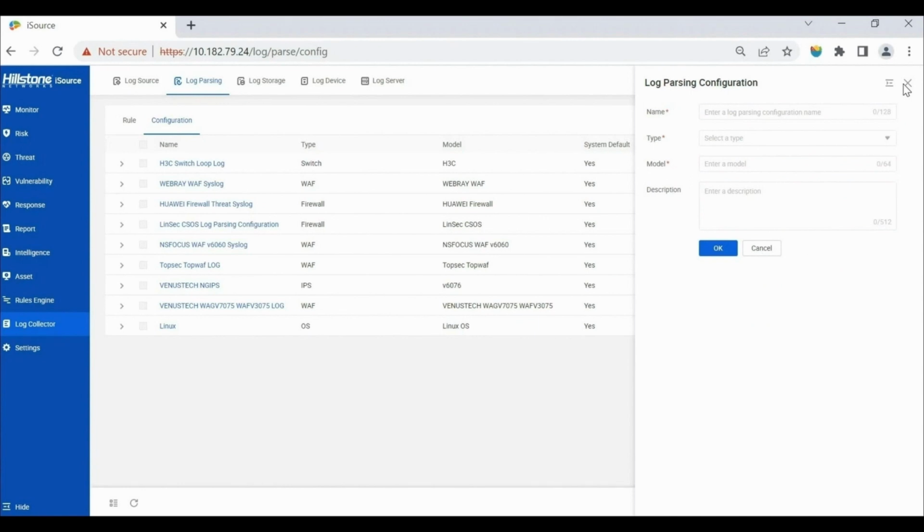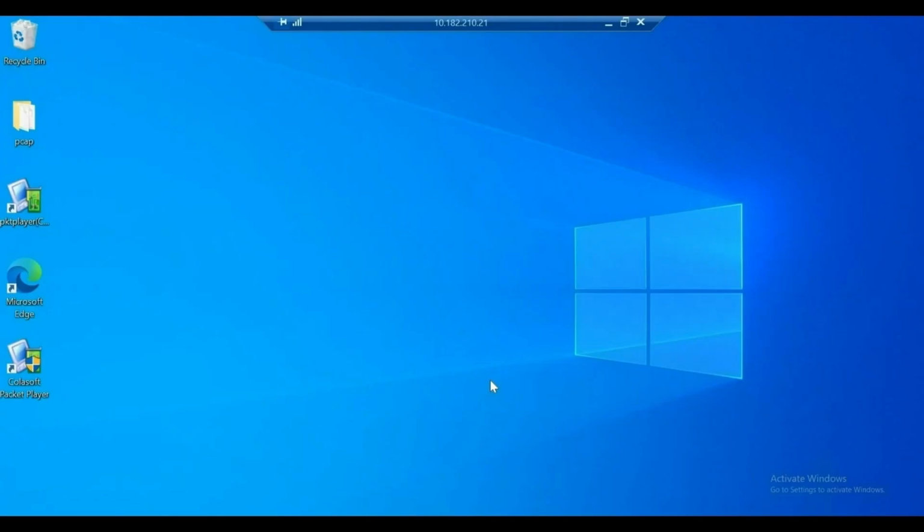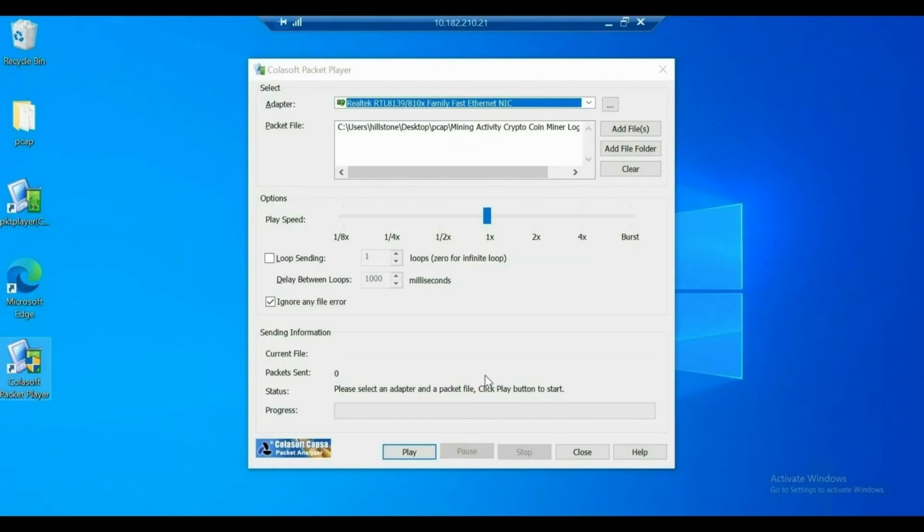So far, we've known about the key aspects of the Hillstone Network's XDR solution, iSource. Coming up next is Part 2, a demonstration of the detection and response of mining activity. We plan to simulate the crypto mining activity on a Windows host with the help of mining activity packets and a packet player. The Intelligence Center's data serves as the foundation for iSource's detection of malicious behavior, and iSource detects malicious activity by leveraging its threat sensor,